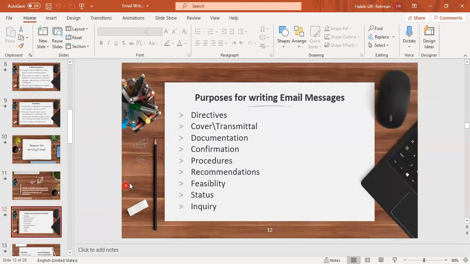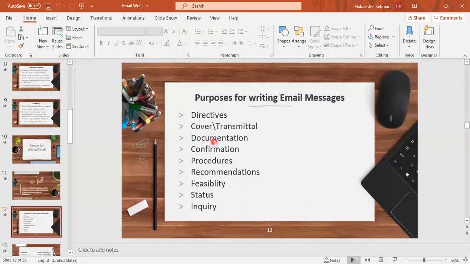Now there are different purposes of writing email. For example, you want to give some directions, directives, or orders to your company, your supervisors, your colleagues or your subordinates. You can send those directives through email. You can send cover letters or transmittals. You can provide information about some main document.